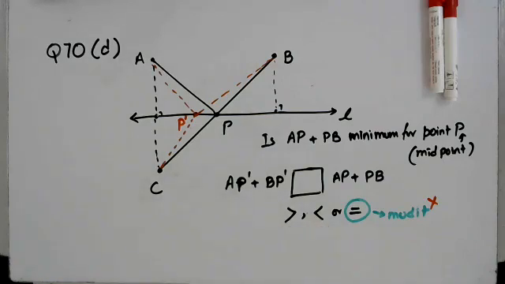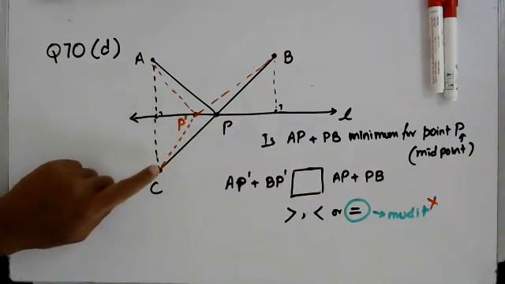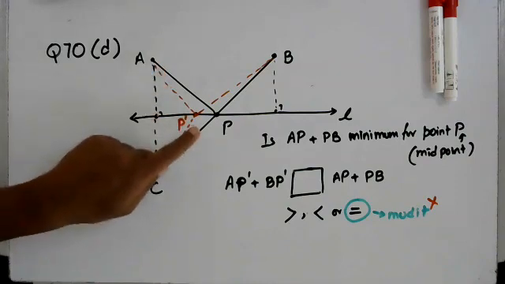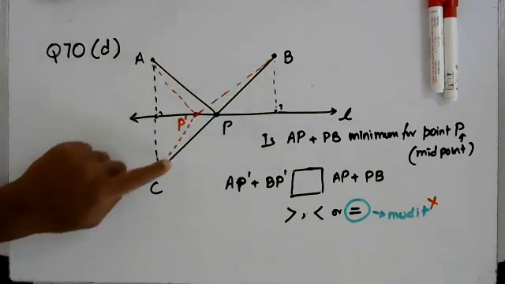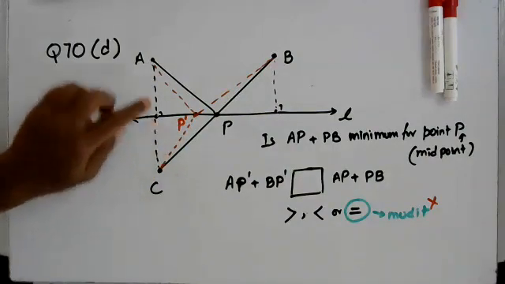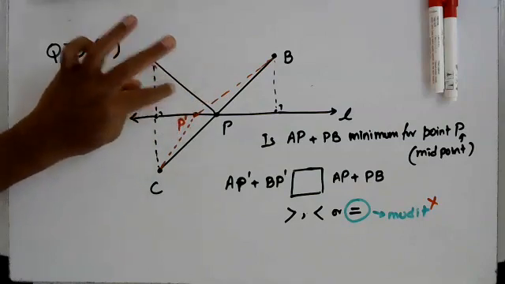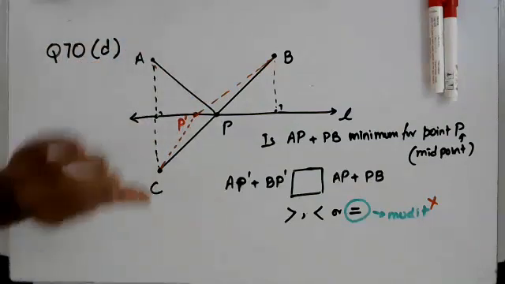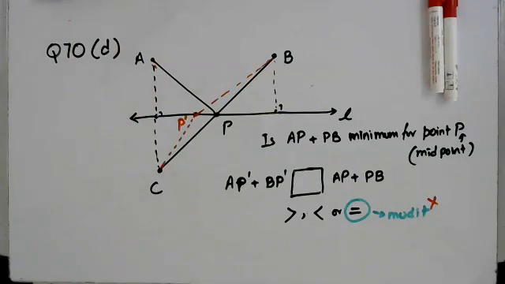I'll tell you another thing. You are ignoring this line that I have drawn. You are still looking at AP dashed and BP dashed. But don't look at that line. Look at this line. In fact, what I'll do is I'll erase this line. I'm saying forget about it, and I'll tell you why you have to forget about it. But if you look at this line, then